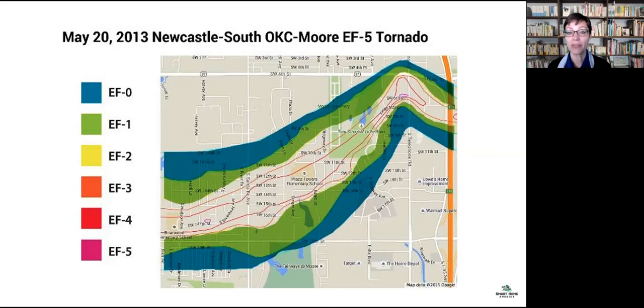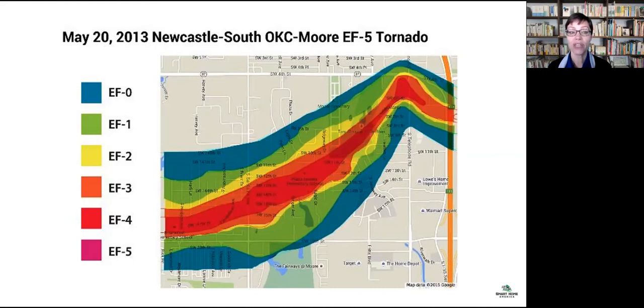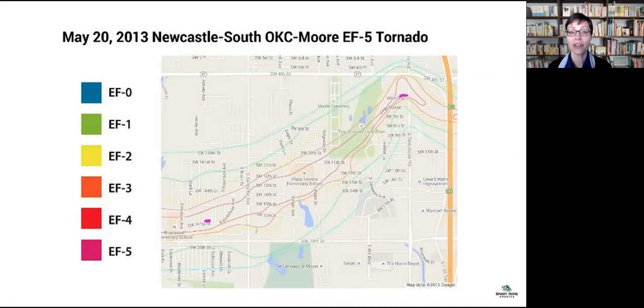So remember, using fortified should completely eliminate all of the damage in this area. This is the EF2 winds. IBHS engineers believe they can minimize that damage. Now we're getting into the 3s, the 4s, and the 5s. So this is the 5. Fortunately,